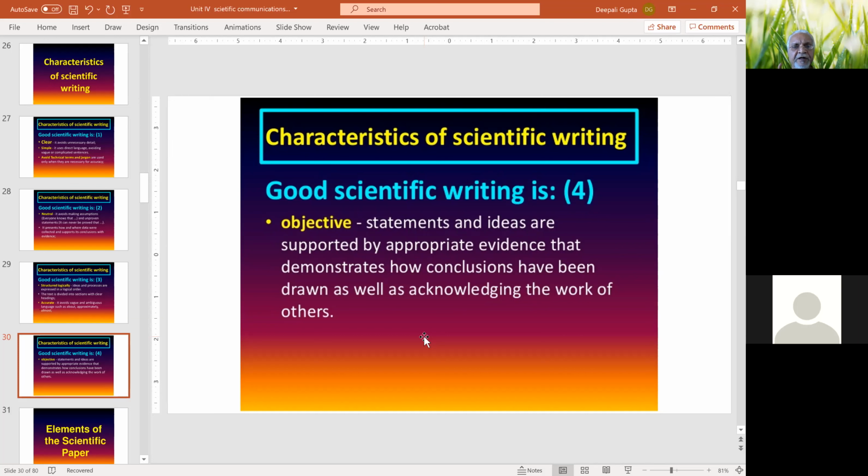So one has to be very, very careful in identifying and acknowledging whatever support you are taking from others' work, which has already been published and is in the public domain. Okay, so with this kind of background,